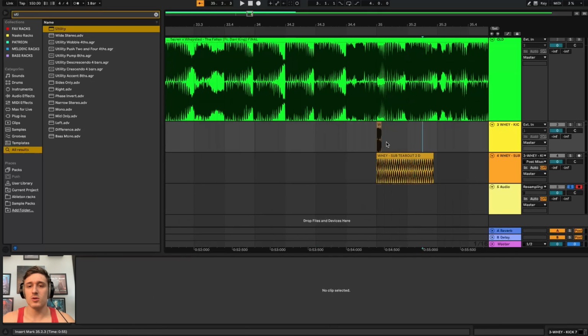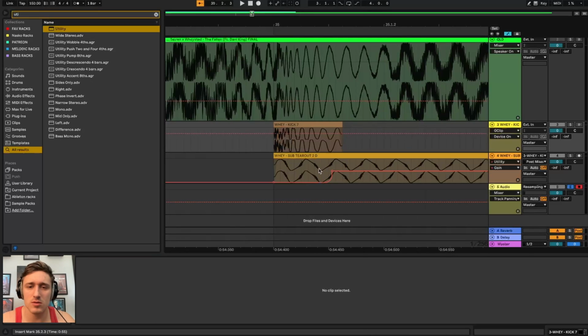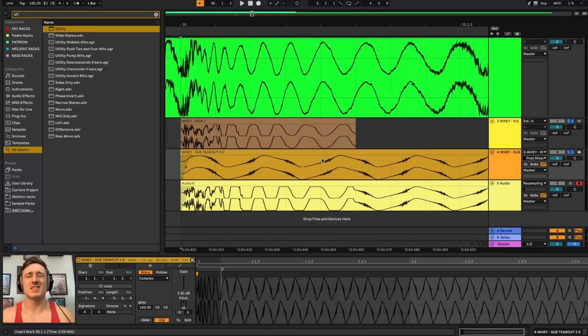So the cool thing to note is if you have a really good kick and you have a printed sub, I would do this with audio. You can't really see it on MIDI, but let's say you have your sidechain here. I'm just going to use utility real quick, and I'm carving out where I see these go together. This is being super particular, but if you want the most perfect kick to sub correlation